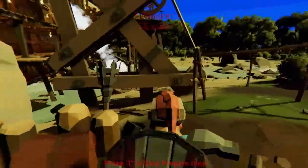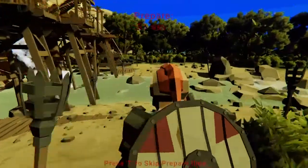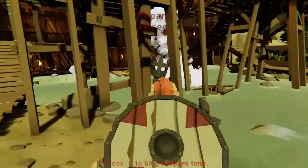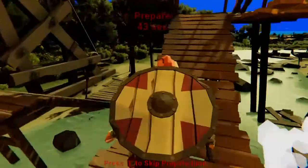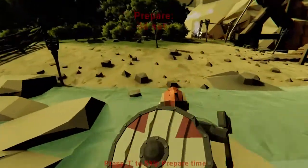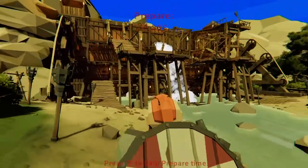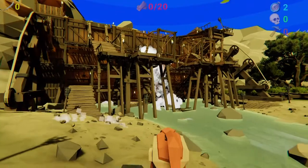Okay, so prepare, T to skip preparing time. Okay. Yeah, I think that might be nice if it was zoomed out a little bit. Take up quite a bit of the view at the bottom. Okay, so I don't really know what's involved in preparing. What happens if I... Do I get full damage? Is that full damage? Where's my health? Do I bleed? Let's skip for now, because I think preparing time is more for...